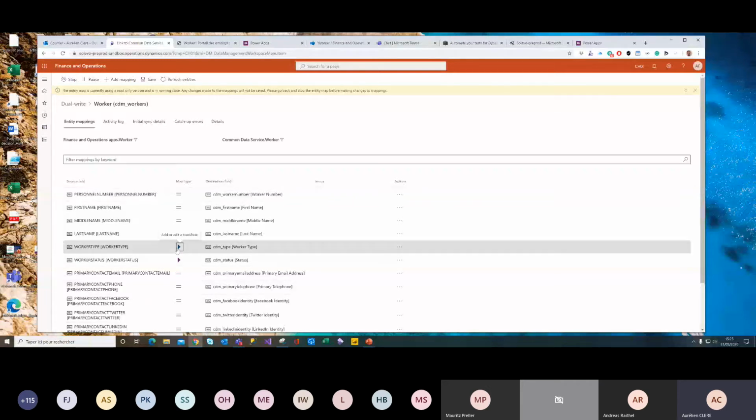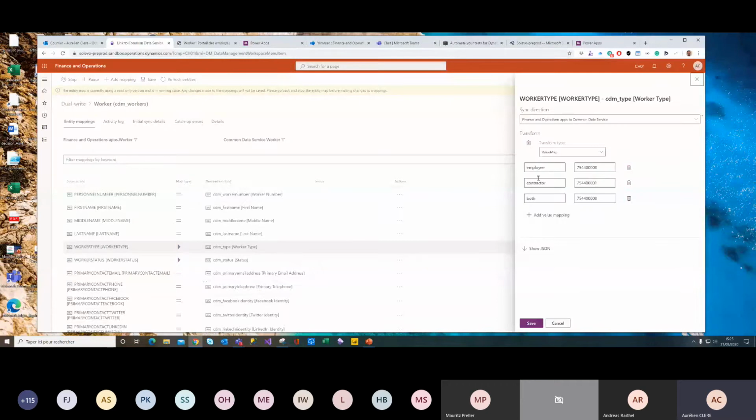Here you can easily transform if you want, as you can see on the sync direction. You can have the two: CDS to finance operation, finance operation to CDS, or bidirectional. You can have a value mapping. It's very important because if you don't really know the CDS or the CRM, you have an option set in CDS for the combo box list item.